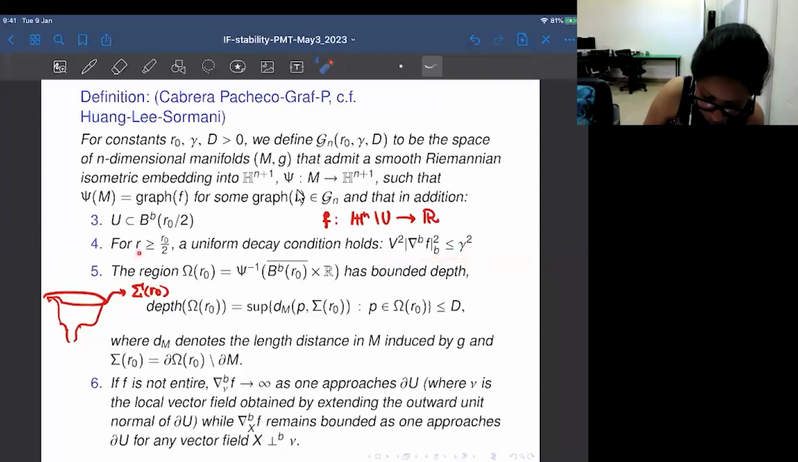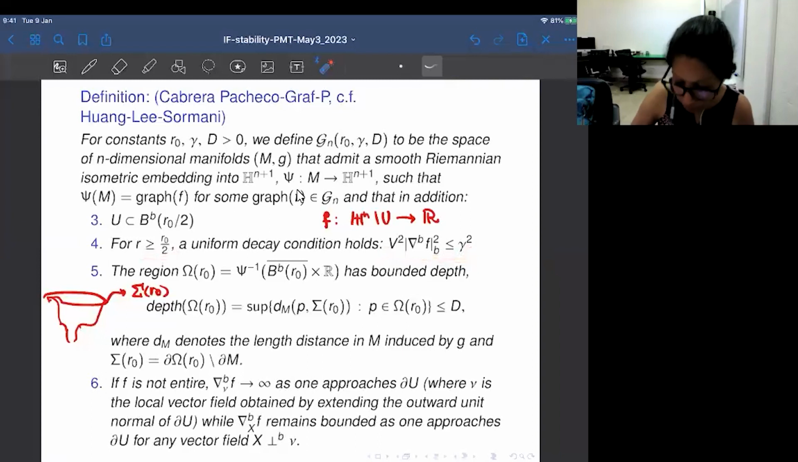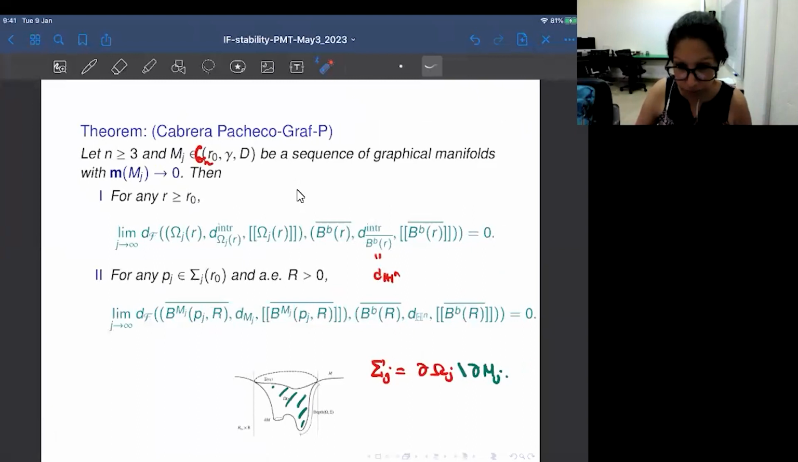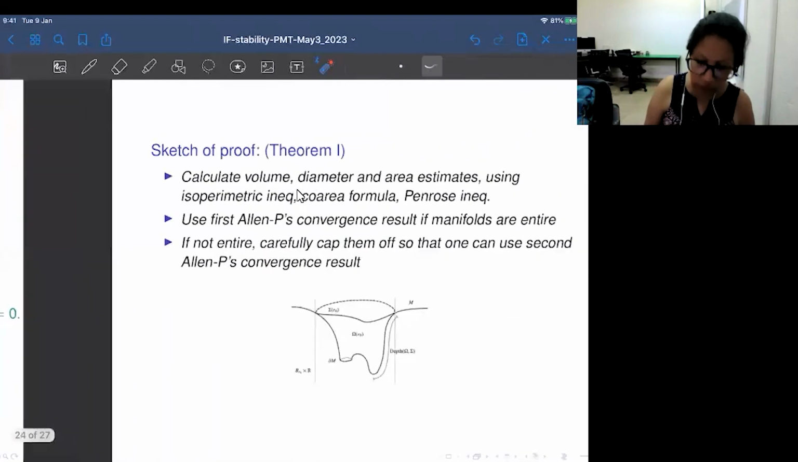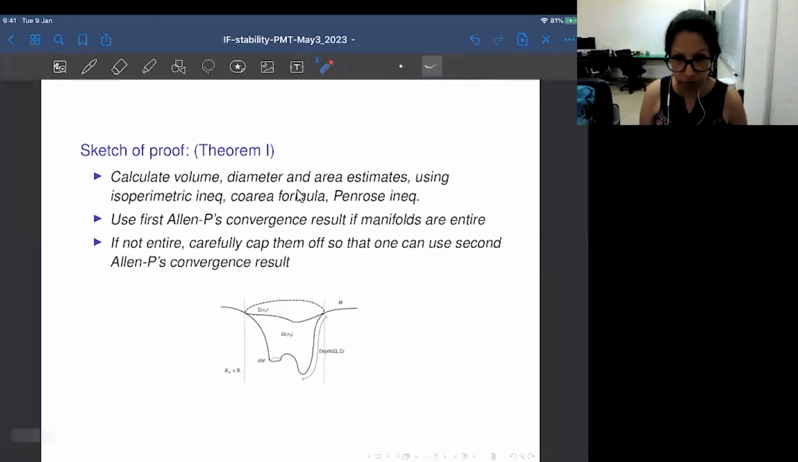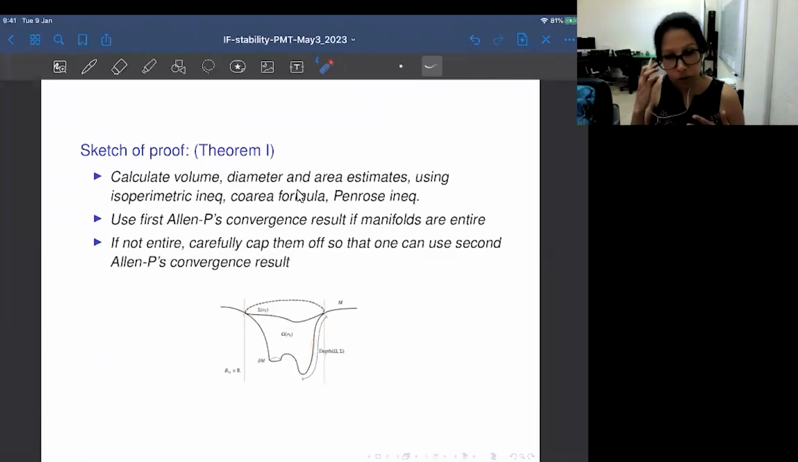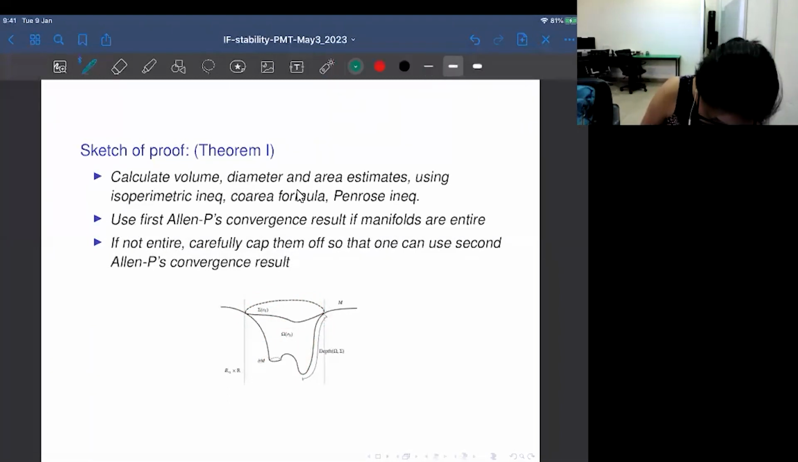So once I take points outside this ball of radius r0 divided over 2, I can ensure that points are going to converge and balls are going to converge. Okay, so these are the theorems that I want to prove. And this is the sketch of the proof of the first part: how the omega regions converge. And as I told you, we are going to use the result by